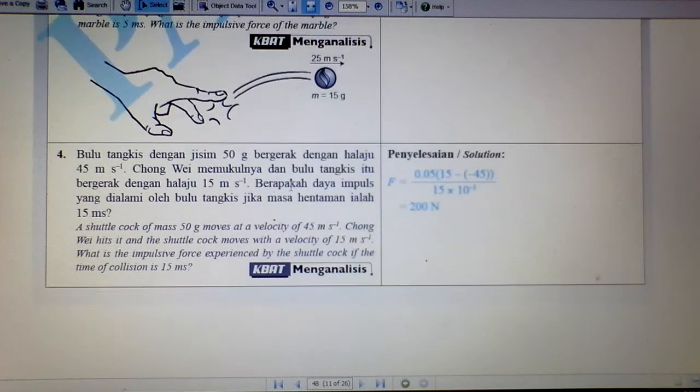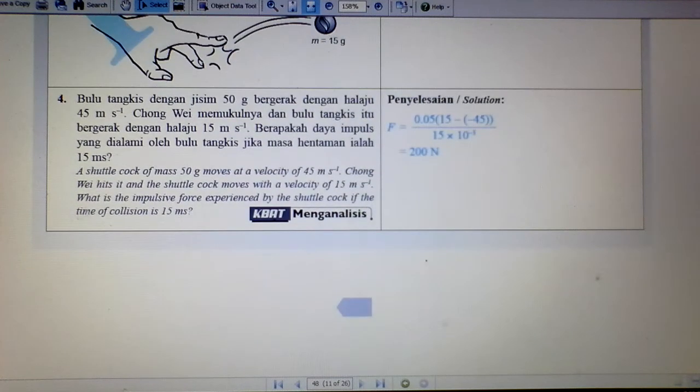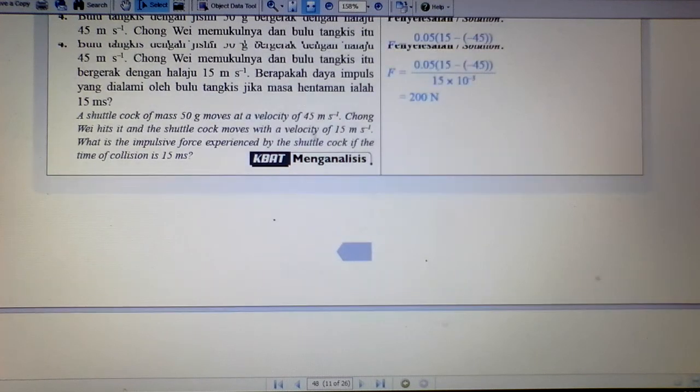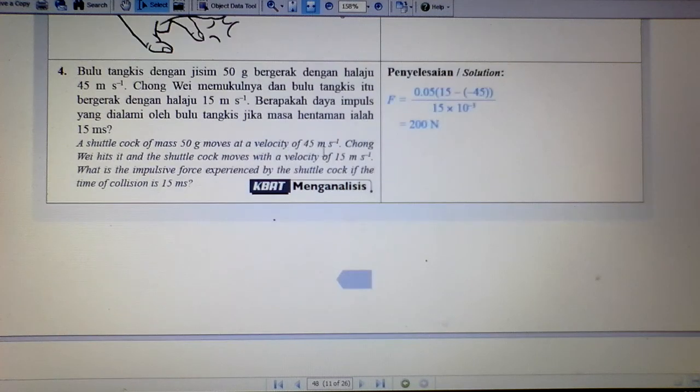Okay, number 4, a shuttlecock of mass 50 gram moves at a velocity of 45 meters second negative 1. Chong Wei hits it and the shuttlecock moves with velocity of 15 meters second negative 1. What is the impulsive force experienced by the shuttlecock if the time of collision is 15 milliseconds? So again, you can sketch a bit. If you cannot see clearly what is explained by the question, then you can just